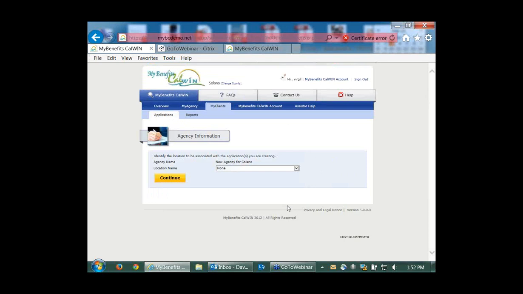And we click the Continue button, and now you're prompted with the concept of a location. This particular page and selection will only get presented if your CBO has what we're referring to as locations associated with it. The location is strictly a reporting mechanism. So it allows for your application submission activity to be tracked not only at the CBO as a whole, but